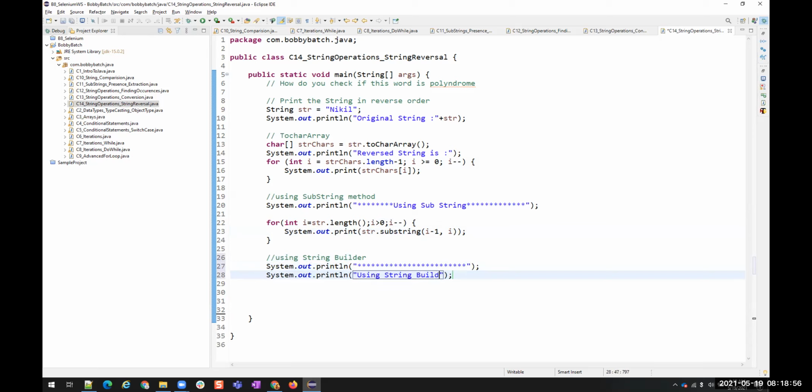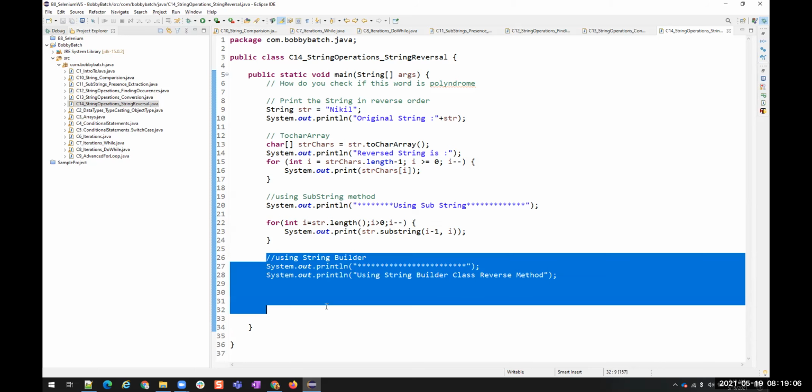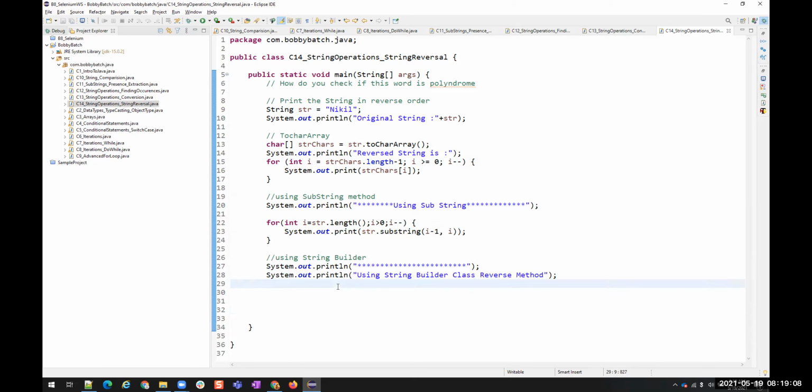String builder class. In real time, we are going to do only this. But in an interview, if they ask how you perform the reversal of a string and you say directly using the reverse method, they'll definitely ask, no, not using reverse. Can you do it on your own? So that is the reason I first had to explain all these things, and then I'm showing you what we use in real time if needed.